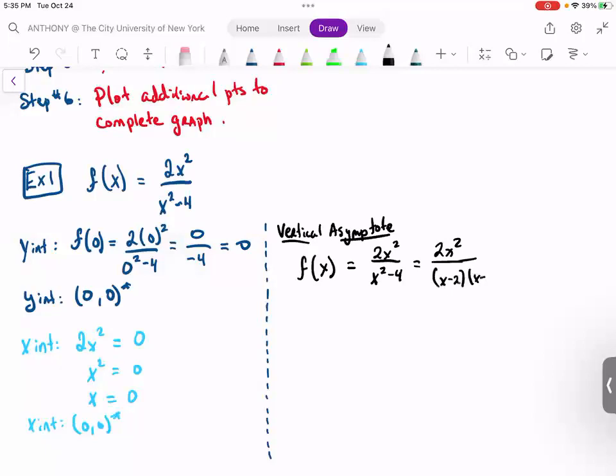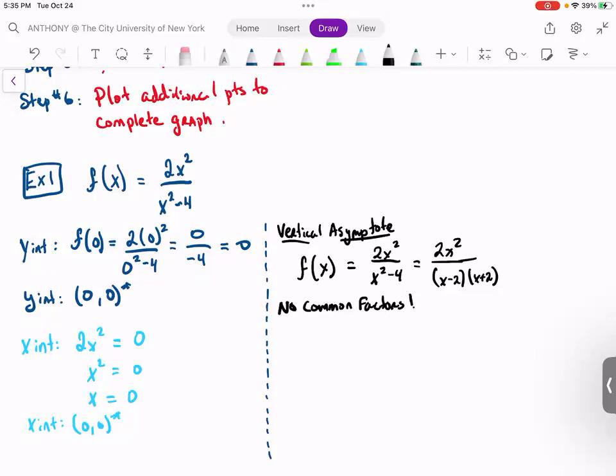X minus 2 and x plus 2. Now, are there any common factors between the numerator and denominator? No. So there's no common factors here. So since there's no common factors, your vertical asymptote is simply the denominator. When you set it equal to 0 and solve for x, those are going to give you your vertical asymptotes,